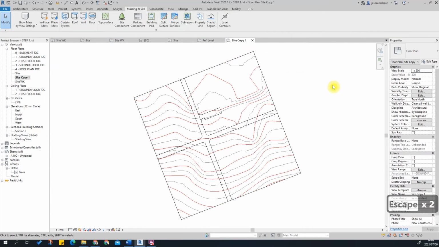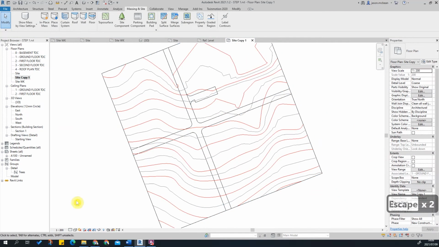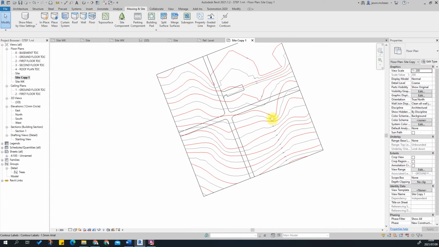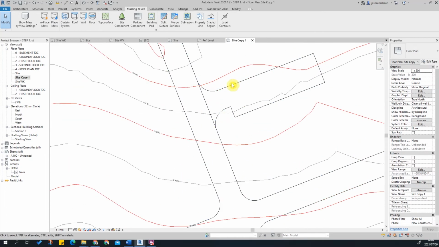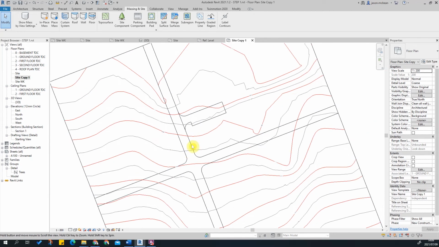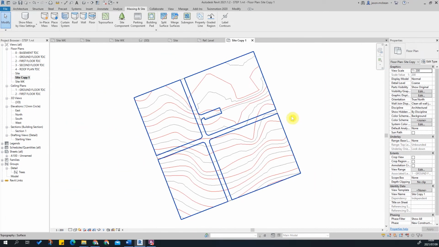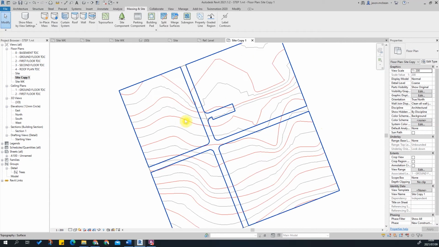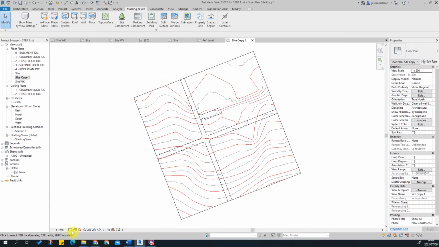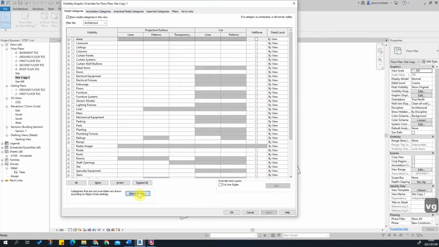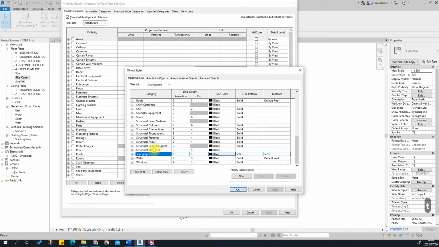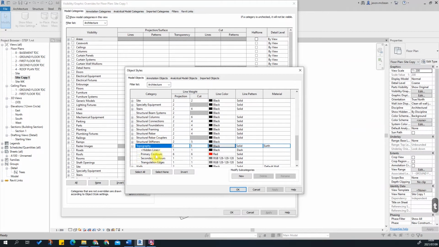But the problem that we're going to have here, okay, and I'm going to use, that's fine. The other line work we can switch off. All I'm interested in this project file is the major and minor contours. So what I do is I'm going to export this as a DWG file, just like this. Okay, let's just go to VG maybe, object styles, and go to contours. I just need to change some of these settings, topography. So your primary contours, usually they're about 3, let's make it 4, and your secondaries will be 2,